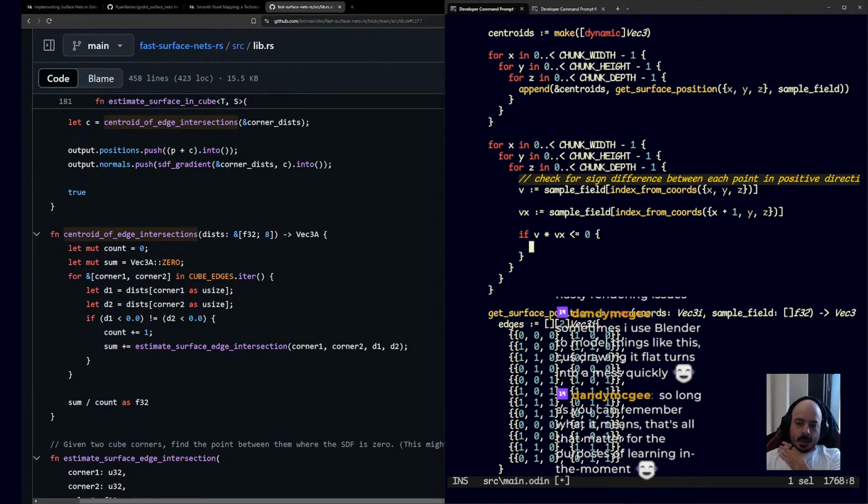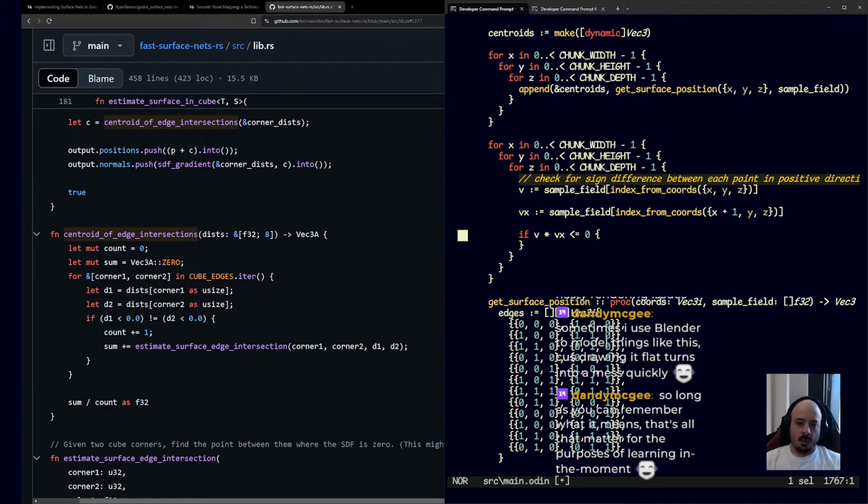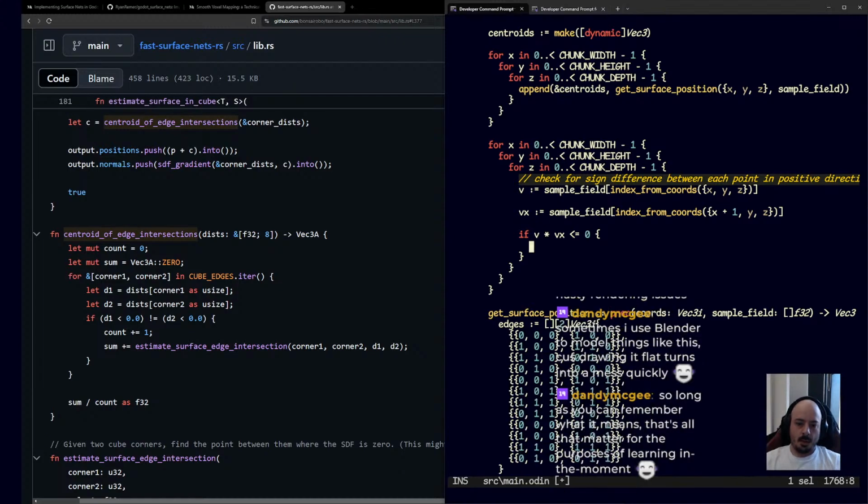So we're just going to go along the x-axis right now. We're going to check, okay, if we found a different sign, then we're going to check the y-axis and the z-axis, see if we can construct a quad. So we're going to have to check the centroids. So we got the centroid,